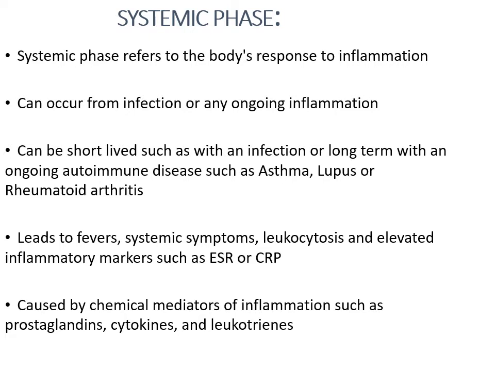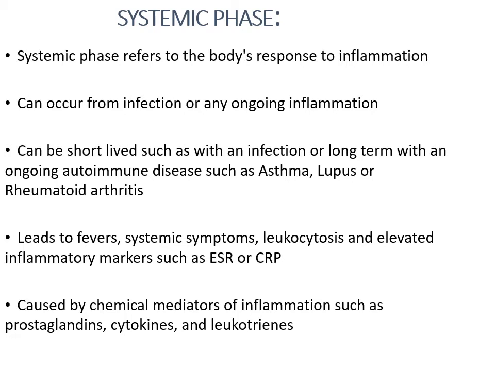Okay, so it can be very short-lived, say with an infection that's cleared by the immune system, or it can be long-term, such as with an autoimmune disease that keeps on generating inflammation, such as asthma or lupus or rheumatoid arthritis, where there's constant production of antibodies and inflammation because of this autoimmune attack on your own organs. Okay? And the systemic phase typically leads to fevers,